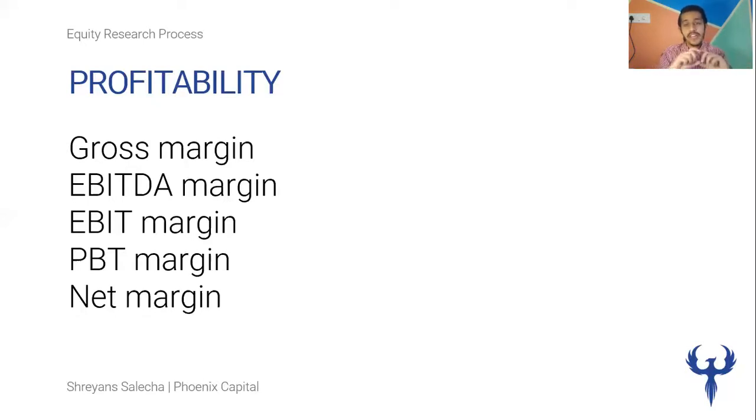So obviously look at the overall trend, and compare these profitability margins with the industry median or the industry leader as well, to understand where the company really stands. That way you would be able to form a broad idea of which cost areas are volatile or increasing at a rapid rate, and where there is a lack from the company side when it comes to controlling the cost, right? Now, obviously, what you would want is for these ratios to be as high as possible and increasing as well.